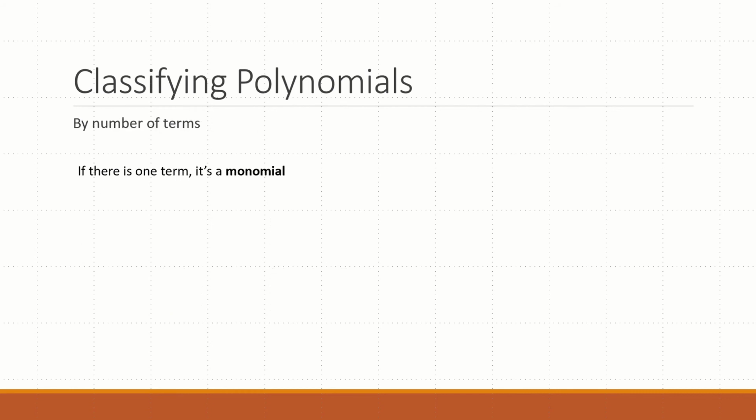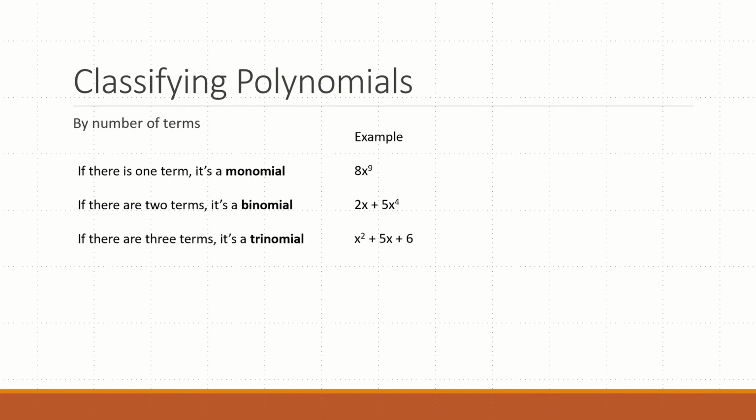The second way to classify polynomials is by the number of terms. If there's just one term, that's called a monomial. So here's an example of that: 8 times x to the 9th power. That's just one term, that is called a monomial. And if there are two terms, we call that a binomial, as you can see on the screen right there. And if there are three terms, then we call that a trinomial, as you can see on the screen right